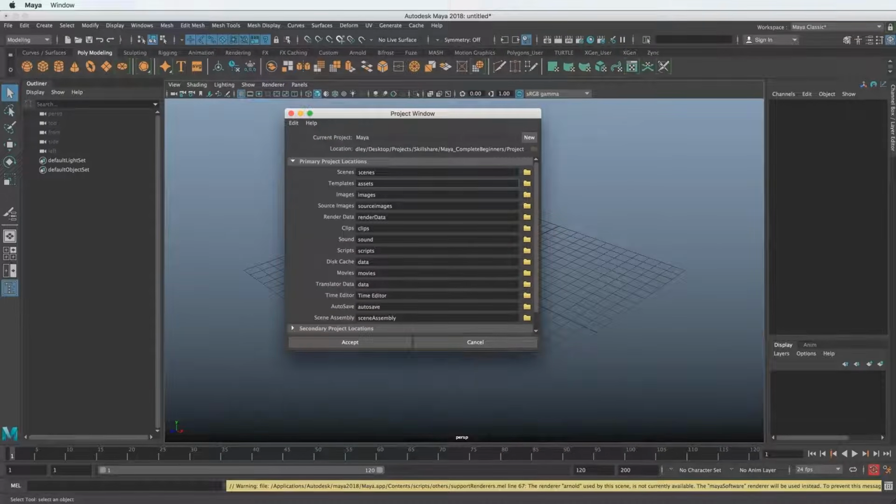And this will create folders, like I mentioned a moment ago, for caches, for images, and mostly we're going to be using scenes, because when we save a Maya file, if we just hit Command S like you would in a Word document or whatever, it's going to save a .mb or a .ma. That's M for Maya and A or B, depending on if you save an ASCII or a binary file. But that's not that important right now. Let's just hit accept, and it'll make all these folders.